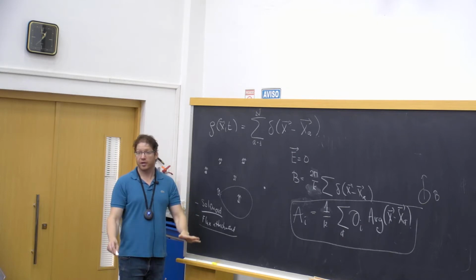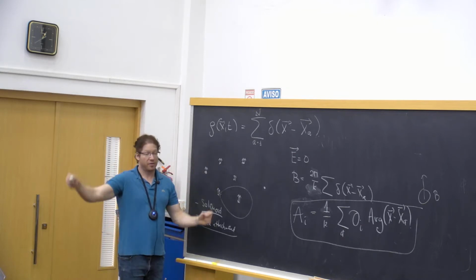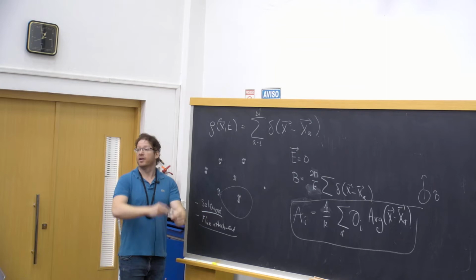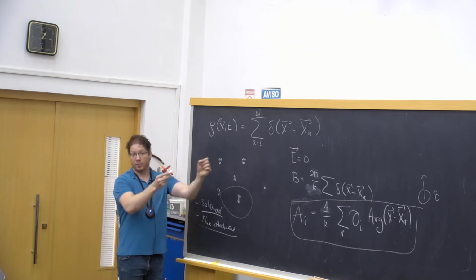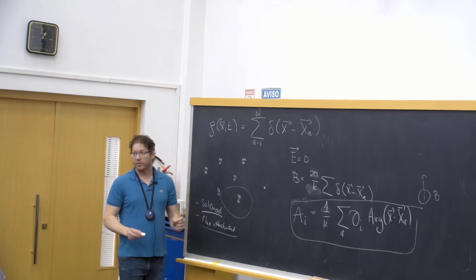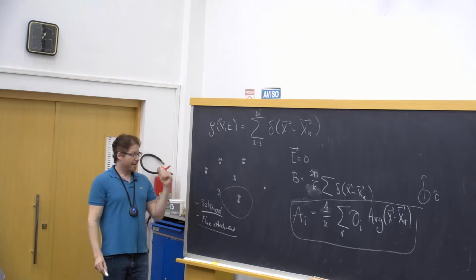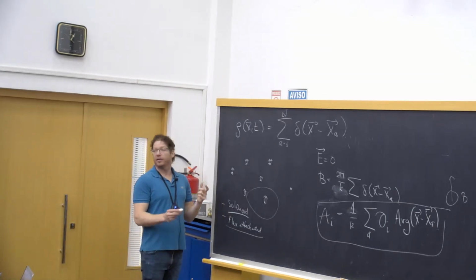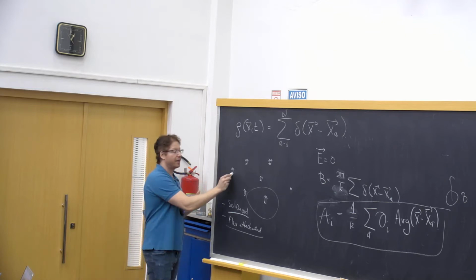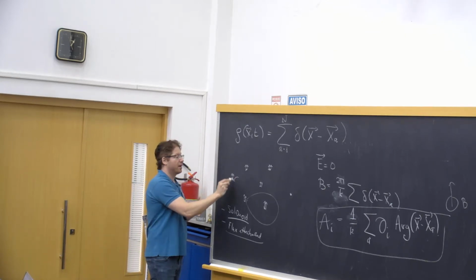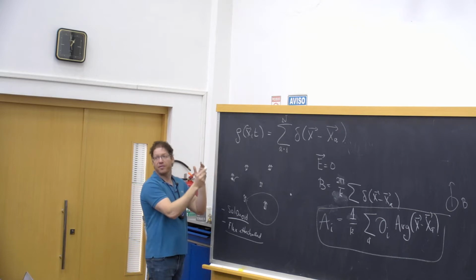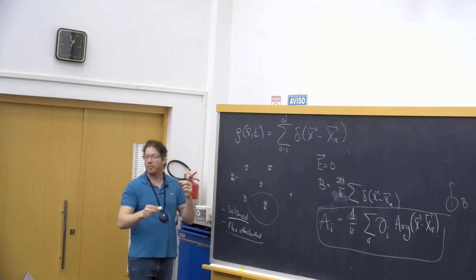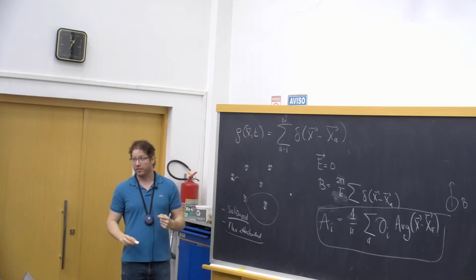So this is what we can observe in the lab. Even if we have very low energies, we can still do this experiment of taking two anions across each other very slowly, adiabatically, then we can measure the phase. Okay, so this is the low energy content of this theory. But these phases are independent of the fact that you could have, for example, taken your anion and put some particle on top of it. Take your favorite particle of spin 1 and just put it on top of the anion. Some particle that doesn't have any Aharonov-Bohm phases.